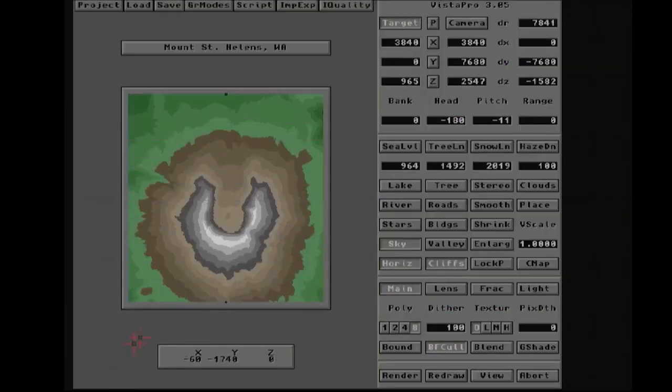So that's what I'm explaining. So let's load this DEM up. And look at that. You can see this U shape, and green and brown. It's like, oh, is this Vista Pro? Is this it? No. So what this is showing you is that white is the highest point and